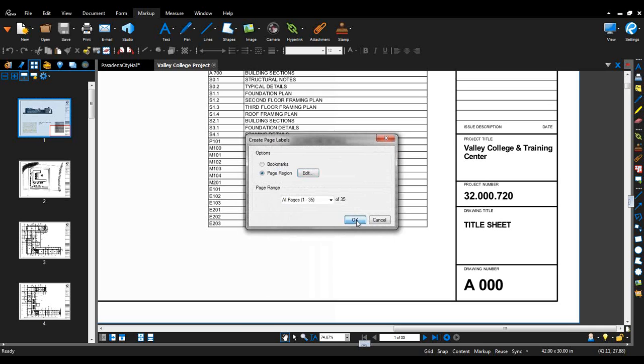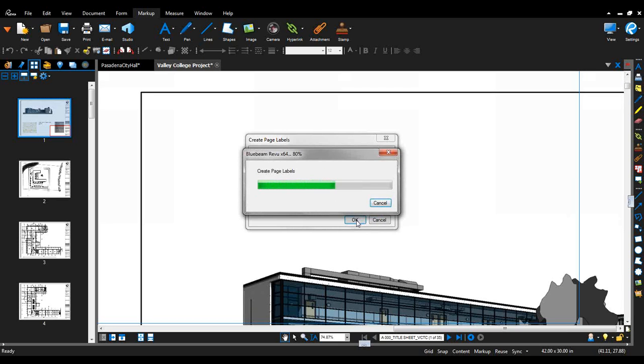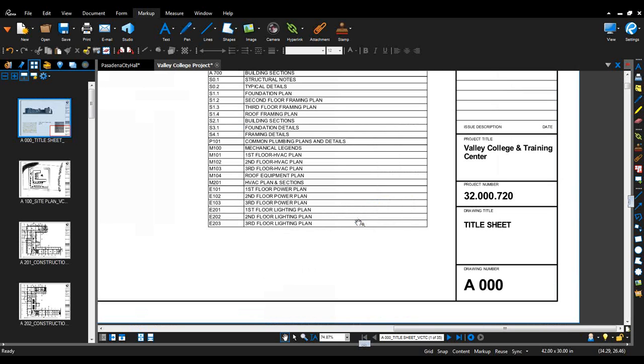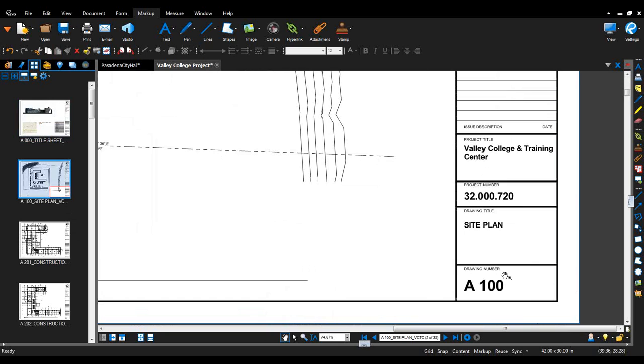So click OK here. Review is going to run, and as you can see, it's already created the page labels for this entire set in just a matter of seconds, right? A00, A100, and all of that matches the text we've got there. Now, even better, with Review 12, your text doesn't even have to be selectable or searchable for AutoMark to work. AutoMark 2.0 works with files that contain non-searchable text, such as scans, to get your PDFs in order, regardless of